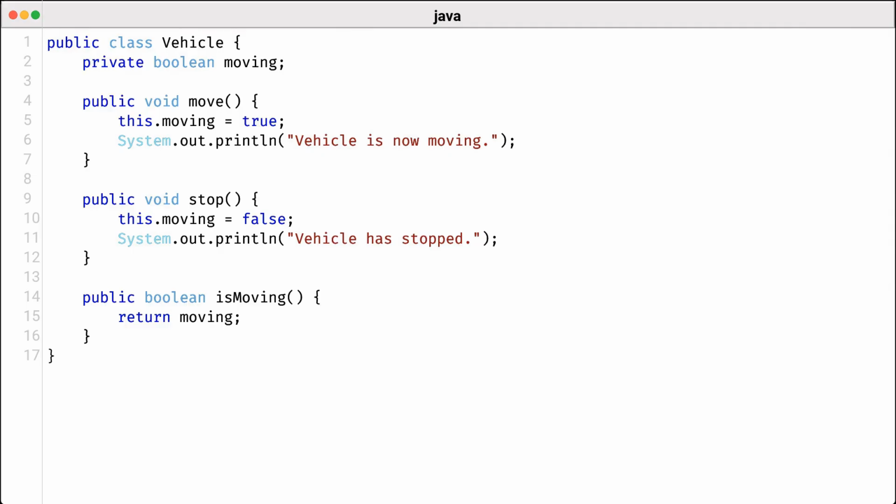Next, we provide two public methods, move and stop. These methods serve as controlled access points to modify the internal state of moving. When the move method is called, it sets moving to true and provides feedback to the user that the vehicle has started moving. Conversely, calling the stop method sets moving to false and informs the user that the vehicle has